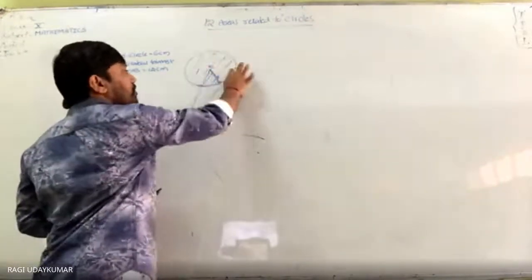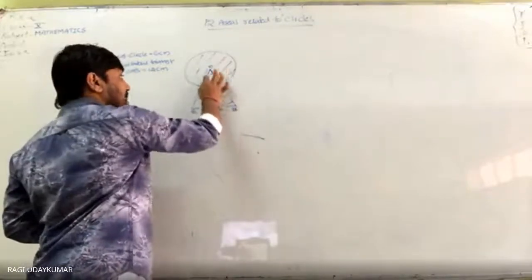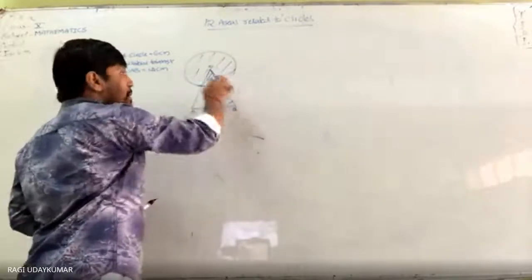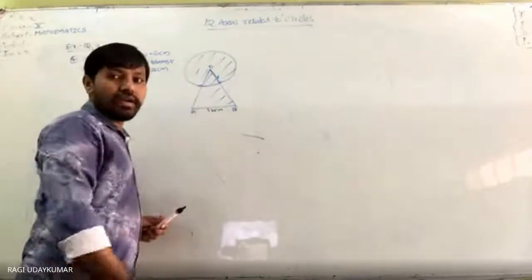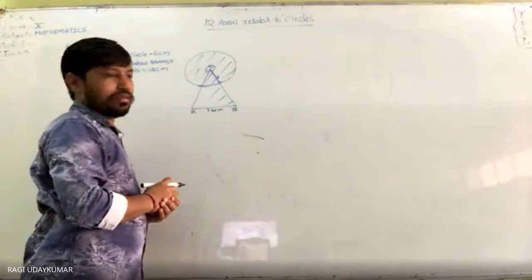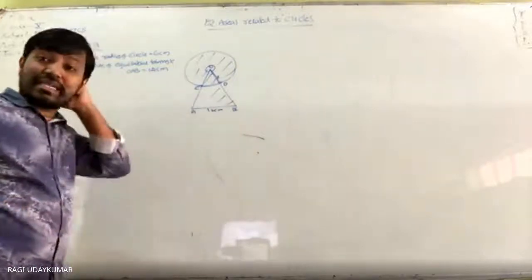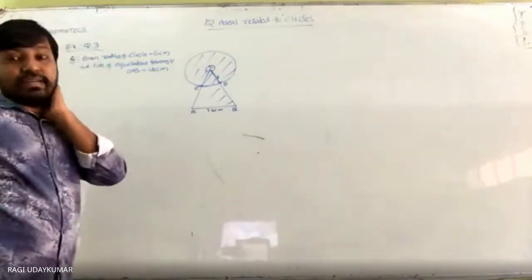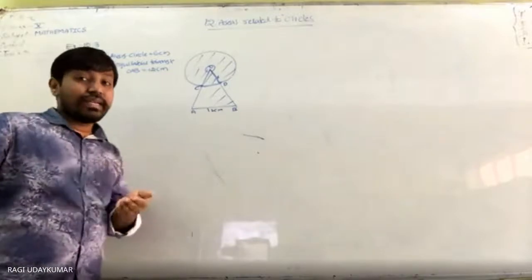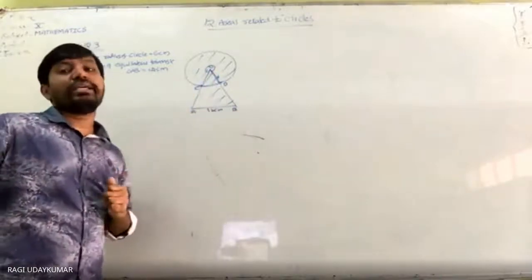One is: find the area of the circle, find the area of the triangle, and find the area of this sector. So area of the circle plus area of the triangle minus area of this sector, or area of this major sector. Consider these points C and D. Area of the major sector OCD: the angle is 60 degrees, so 300 degrees. So take 300 degrees and add the area of the triangle. Simple problem, I did it like that.